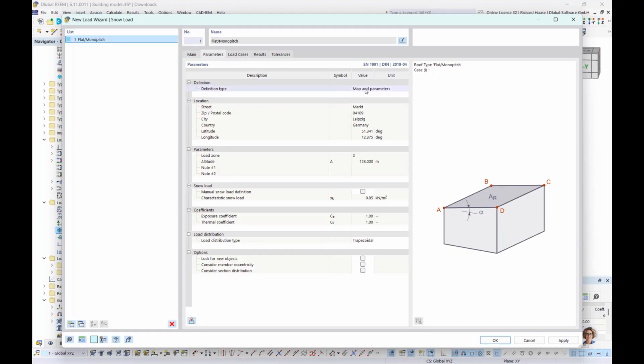The definition type is changed to map and parameters, to this German location, and you see here it's automatic, which load zone, which height, and the characteristic snow loads and other coefficients. So this is simplified, and so it's easy to switch here. Okay,